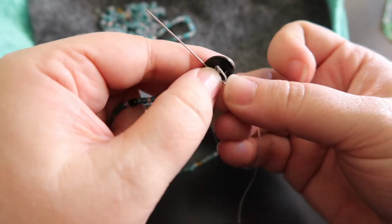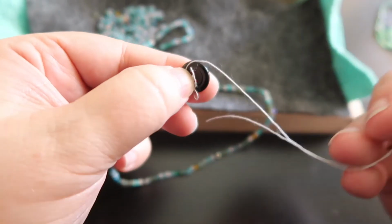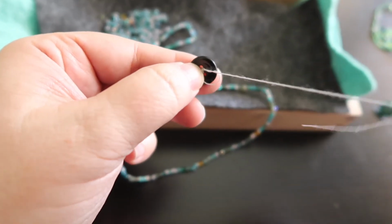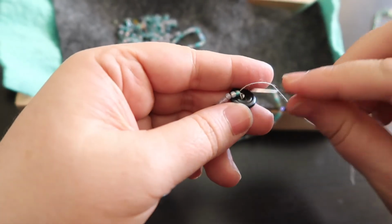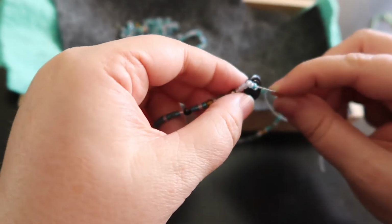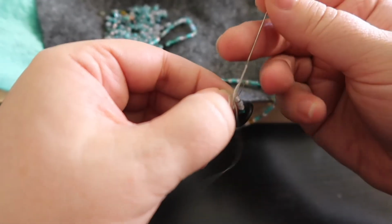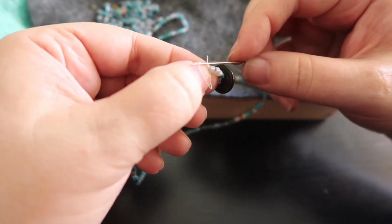I'm just going to do a quick knot like this. I'm going to go through my loop that I just made and pull that top. That's one of my first knots. Now I can go through my beads and I'll keep tying knots until I can't. I've gone through a couple. I'll tie one here. Again, I'm going to go under the thread. Okay, now I'm going to come up and through this loop